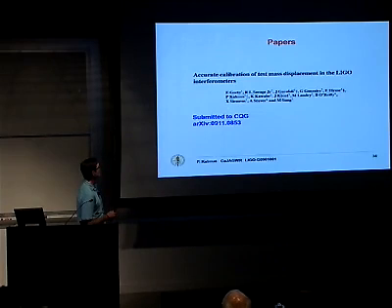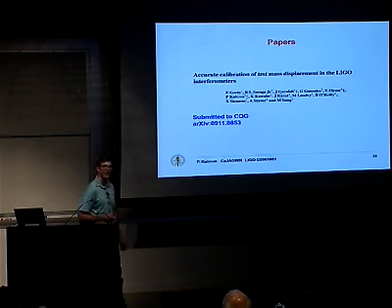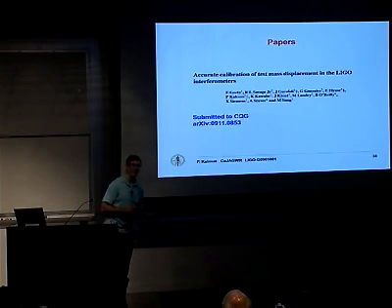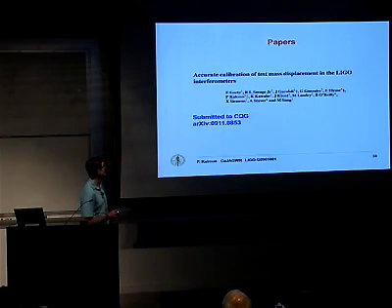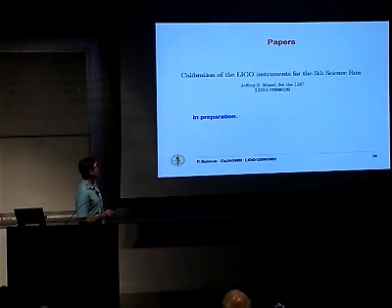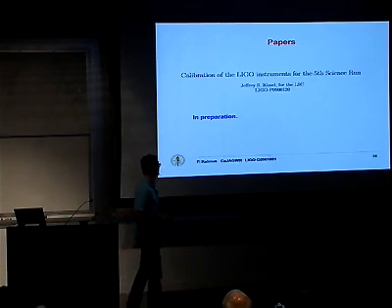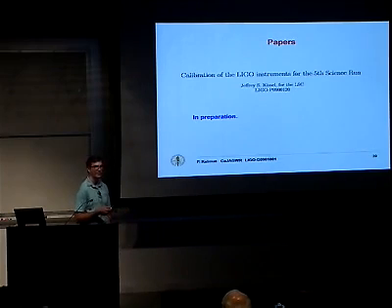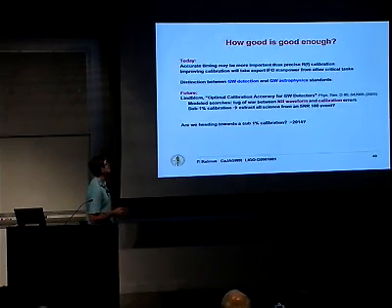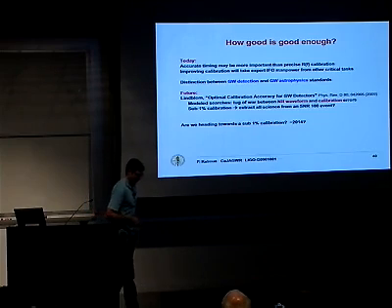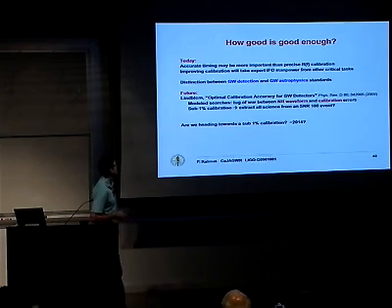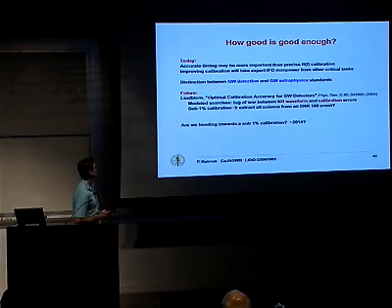And then Evan and Rick led the charge on the paper that compared the DC calibrations from these three different techniques, and that's already on the archive. Jeff is working hard on the S5 traditional calibration paper, which is in preparation, and I think he plans for it to come out in early 2010. All right. Lee gave a talk a few weeks ago about this recent paper, and so the question is,